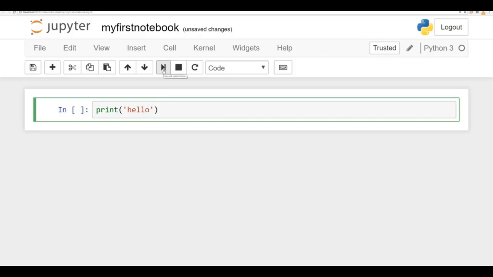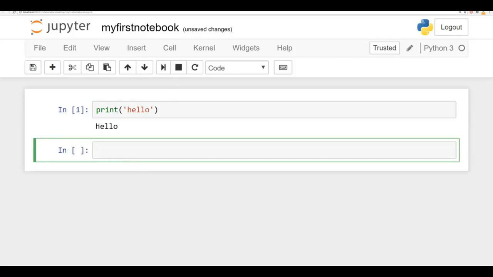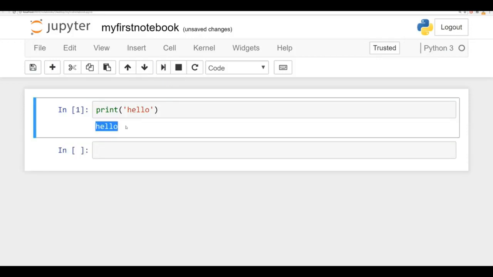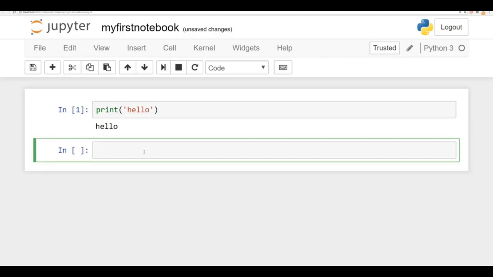So you can click here on the run button, and it will run this cell, and you will see the output directly below. This is a great system for people who are just starting to learn about Python because they can quickly iterate and fix mistakes because they have their code and they can see the output directly. They don't have to be constantly going to the command line and running their scripts. Again, it's definitely a personal preference, but this is a nice feature of the notebook for people that are learning Python. And you'll notice that we automatically create another cell below, which you can type more Python code in. For example, print new,